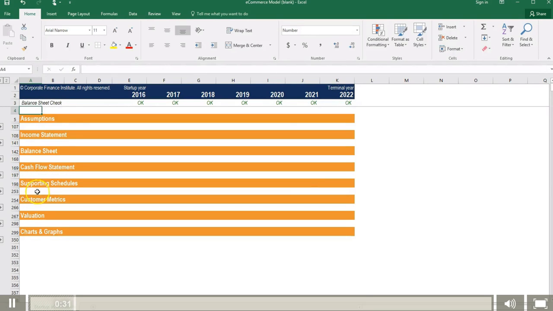From all of the above, we can produce customer metrics which show the health of our business, how much it costs to acquire new customers, how much those new customers are worth, and the ratio of the two, which sort of illustrates the economic value. Finally, we've calculated the net present value of this business using a discounted cash flow analysis and created charts and graphs that can be outputted to a presentation.